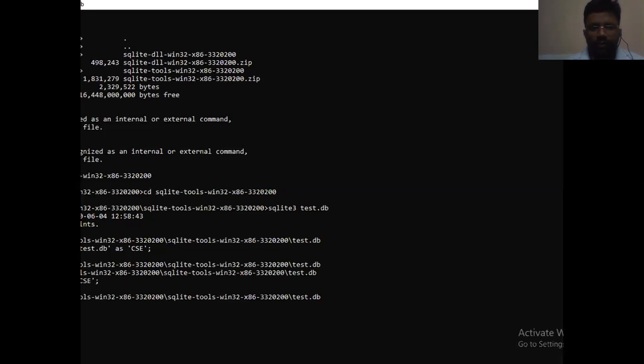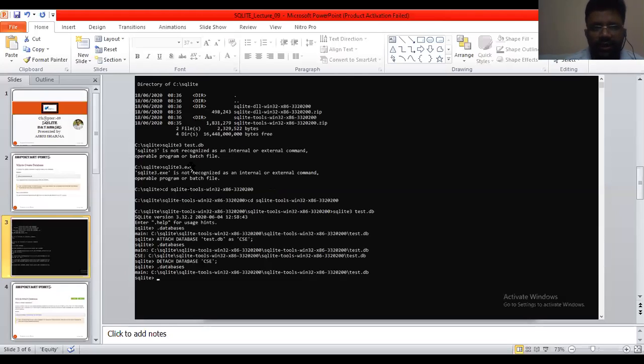Here, one minute, just the screen that we have shared. This is C:\sqlite3, where we first have to set the path, with the cd command. So first we set the path, and then we run this command: sqlite3 test.db. Once it runs successfully, it creates a database file with the name test. I'm just sharing the screen to show you that file.